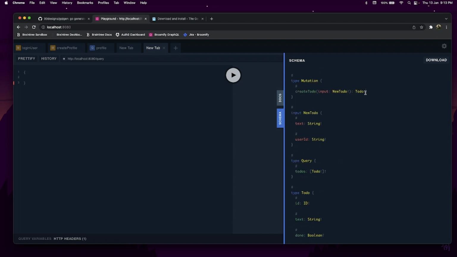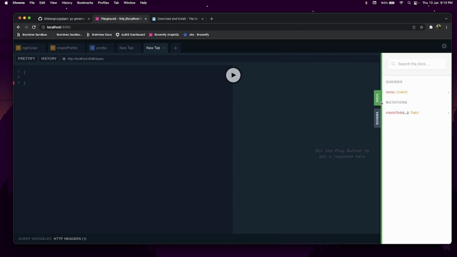And you might be thinking, what does the exclamation point mean, and why do some things have exclamation points, some things don't? Exclamation point just means that it's mandatory, that it's required. So this input cannot be empty. It must contain a new todo input with text which must contain text and a user ID, and it must return a todo. Otherwise you're screwing up, my man. You're screwing up. So